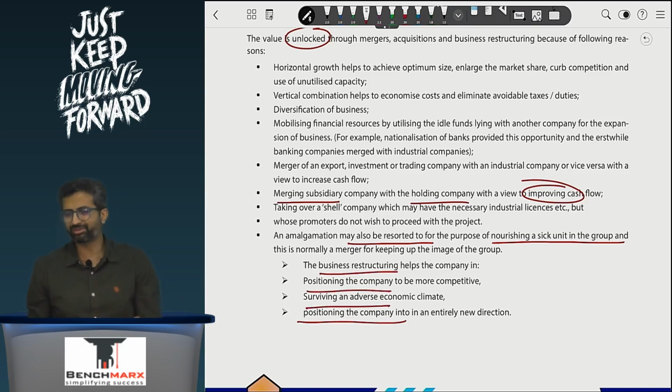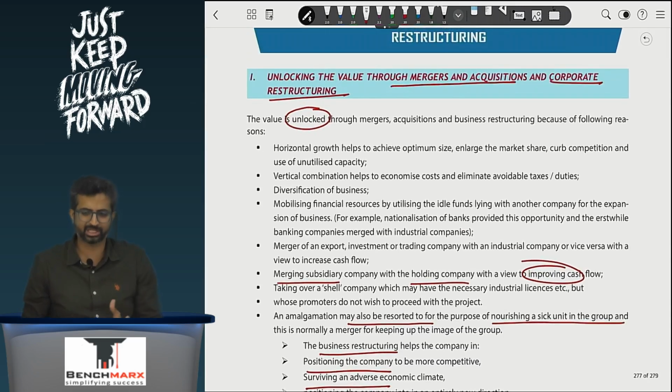So maybe this is just a general theory note. There is no question on it. This is only theory which is not being covered in our main material. There are a few other theories also in mergers and acquisition. If you see the